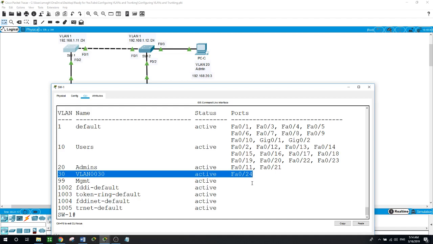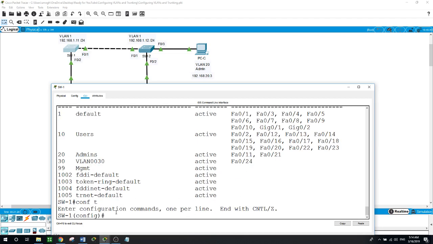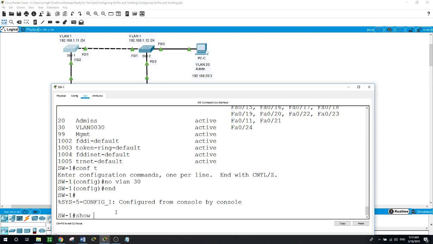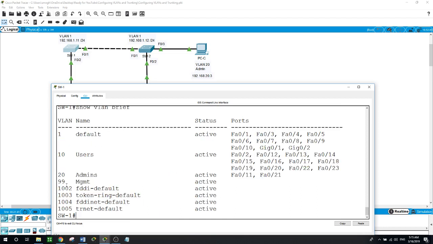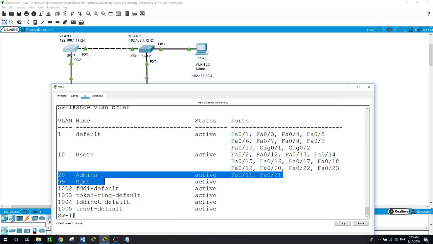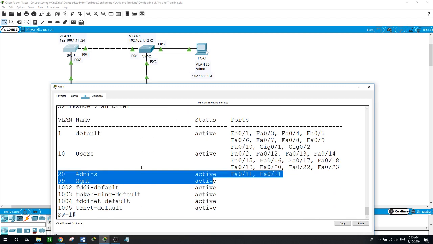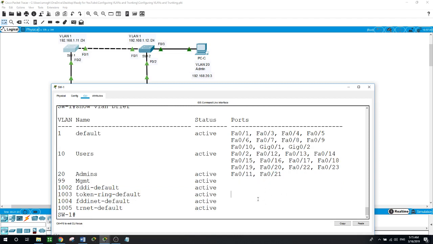here. Now we can remove VLAN 30 from the database. We configure terminal. All we need to do is just no vlan 30. This is all we type. Now let's run this command, show vlan brief. We have no VLAN 30 anymore after we issued this command, no vlan 30, and now